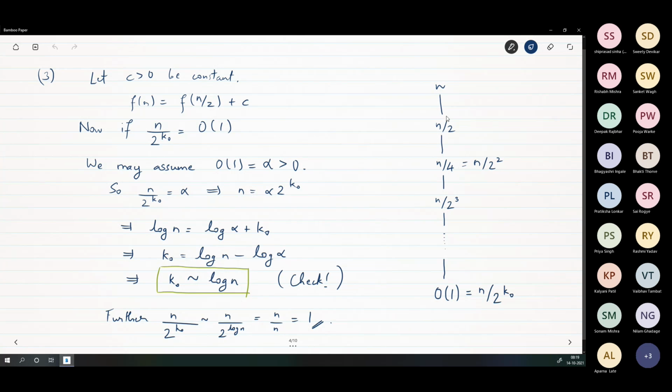So if you write down n by 2, n by 2 square, n by 2 cube, dot dot dot up to 1, at what height will you get 1? Do you understand the question? This 1 is some n by 2 to the k naught, for some k naught. Here you have height 1 from n to n by 2. So let me write this down.